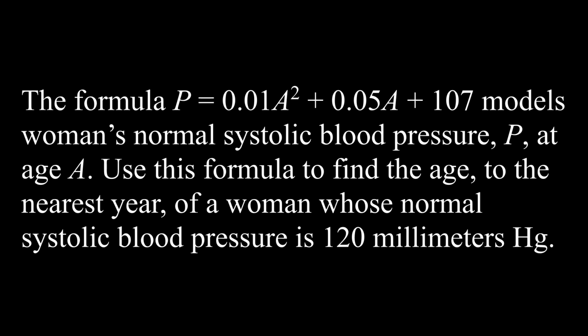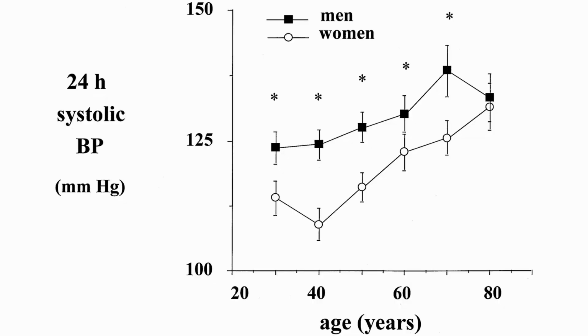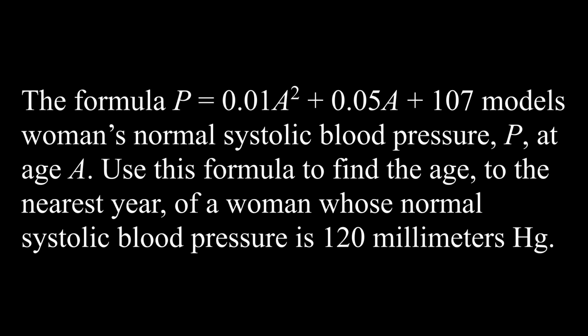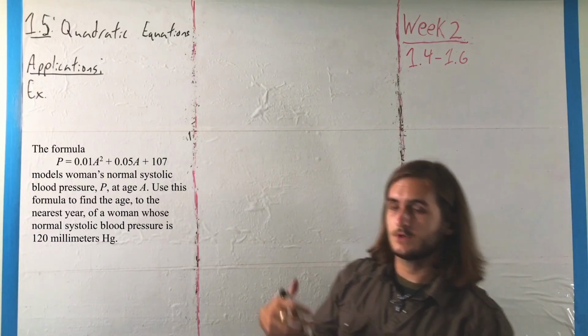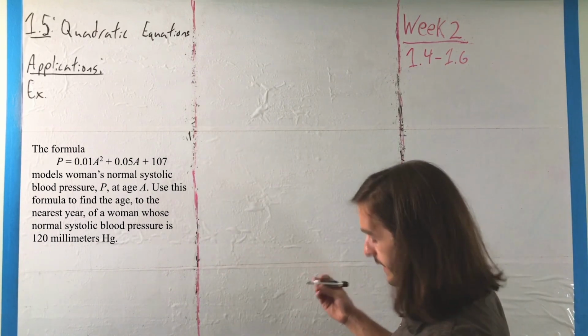So for this example, we have that the formula P equals 1/100th A squared plus 5/100th A plus 107 models women's normal systolic blood pressure P at age A. Use this formula to find the age to the nearest year of a woman whose normal systolic blood pressure is 120 millimeters mercury. So for this example, we have to find the values A, for which we have that